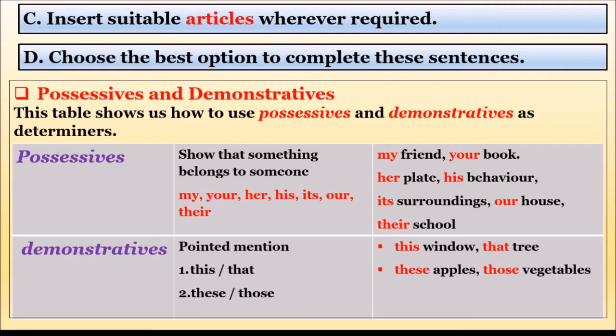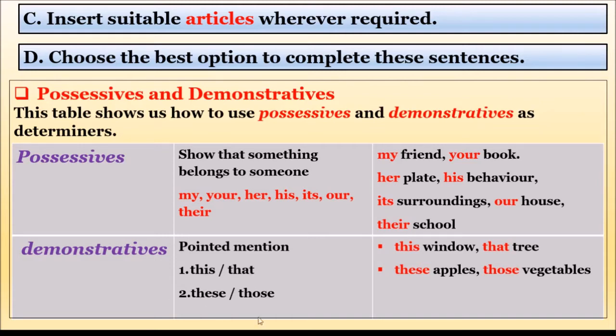A demonstrative determiner defines where its noun or pronoun is in relation to the speaker. So, if I want to talk about a window, I'm using this or that because the speaker is talking about whether the window is near to him or far from him. This and that will be used for singular things. If a singular noun is near to you, you will use this. If it is far from us, we use that.